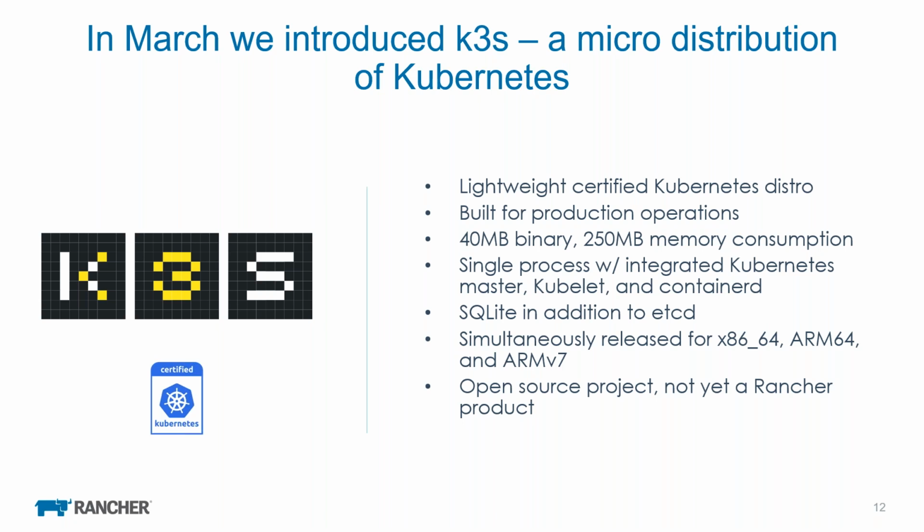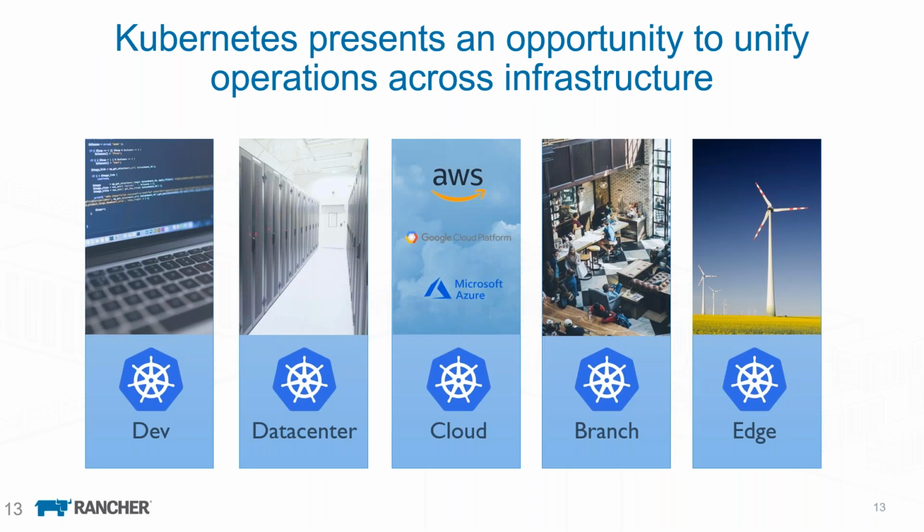The big thing that happened with K3S though is it really started a conversation that has taken off around what the future of Kubernetes looks like. Is Kubernetes potentially going to be a unifying force for how we run containers? From its beginning, Kubernetes was always modeled on Borg from Google, right? A really big distributed system that could run massive amounts of workloads optimally, and its natural location was kind of